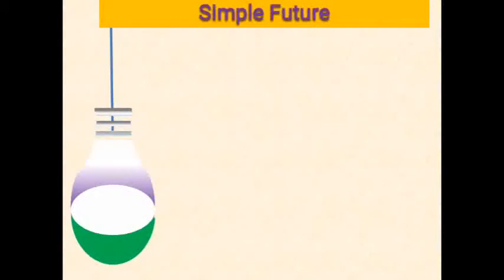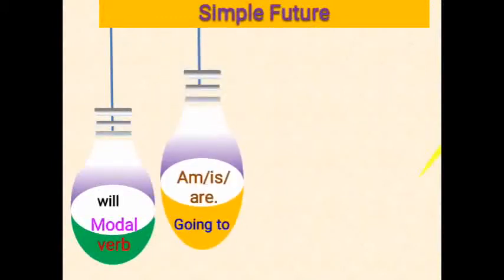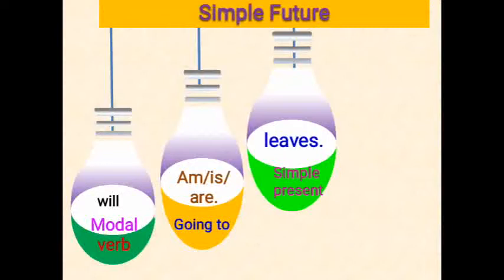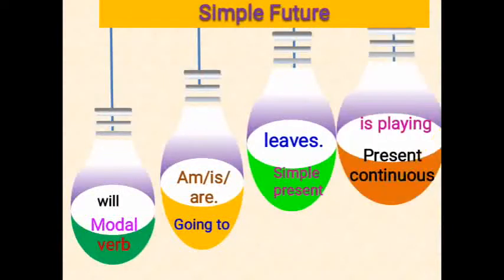In which conditions or how can we express the simple future time? By using the modal verb will, by using going to with am, is and are, by using simple present, for example, the train leaves, by using present continuous, for example,